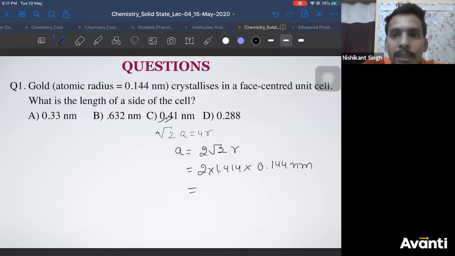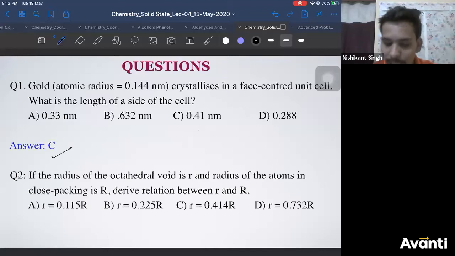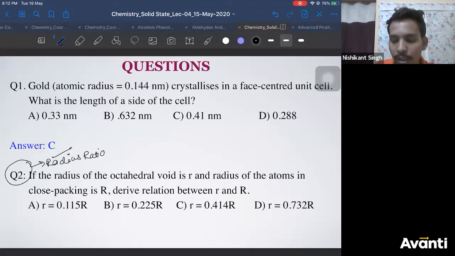Many of you have answered C, but there is still quite a good number of people who have answered something else, so kindly check that. Sarat, your answer seems to be wrong. Mohammed beta, notes are uploaded on Drive. Only yesterday's notes are not there. Yes, this derivation, guys, you can take as homework. I will do this derivation in radius ratio. When I teach you radius ratio, at that time I'll find the derivation between octahedral void and anion radius.